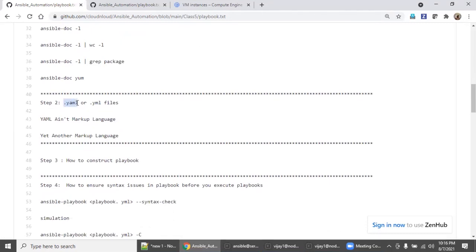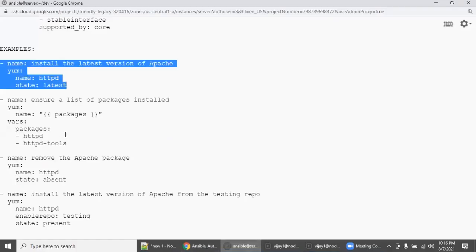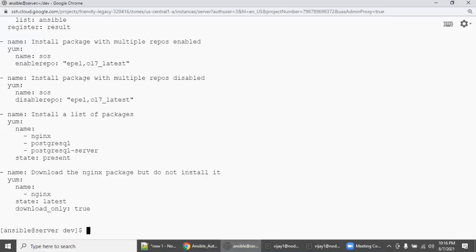So go to the next step. What is .yaml? I want to create a playbook. You can create a file with the extension .yaml or .yml. I'm coming out of this. You can create, say, software.yaml.